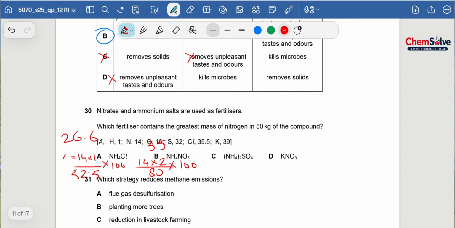Okay, so C, there are again 2 nitrogen here, so we multiply 2 by 14 divided by 130, multiplied by 100, and the answer is 21.5. Next we have 1 nitrogen here, so 1 multiplied by 14, and the molar mass is 101, multiplied by 100, so the answer is